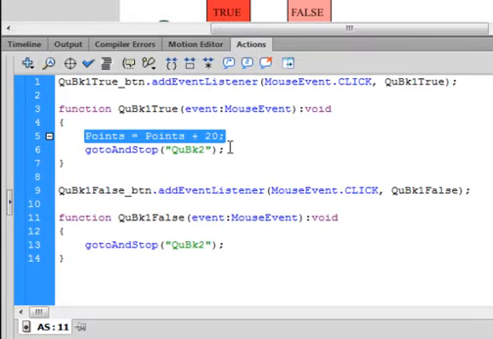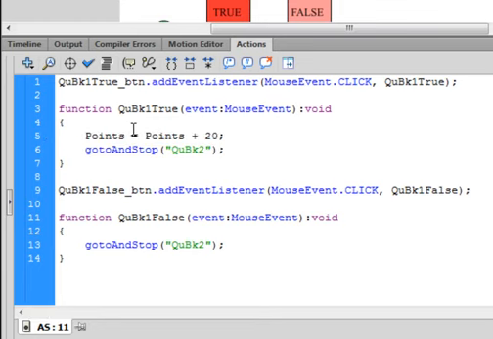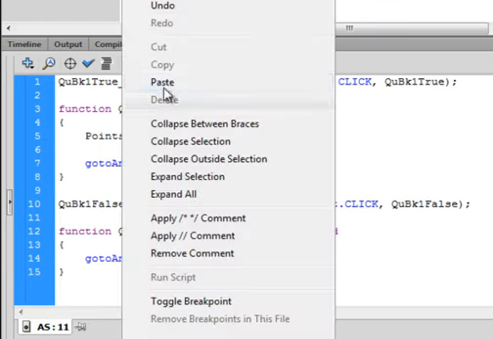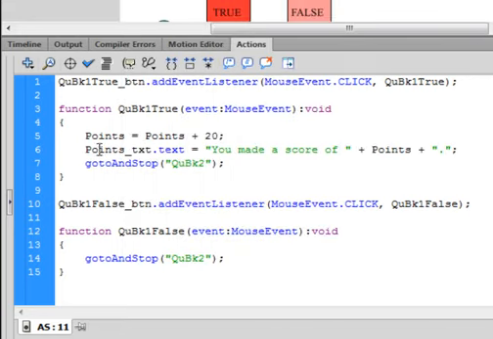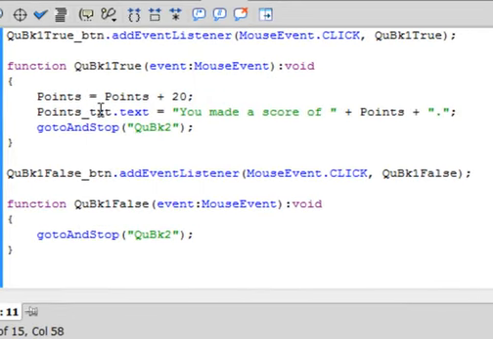And right here, under this points, enter, type this in, type, points underscore txt, that's that box we just made, period, T-E-X-T, these are all small letters, this will turn blue, equals, quotation mark, U space made space a space score space of space, close quotation, so that's going to be written just as you see it, plus the word points, which is